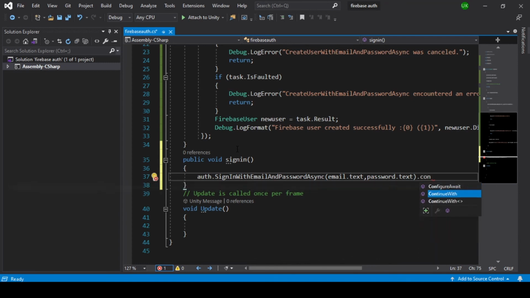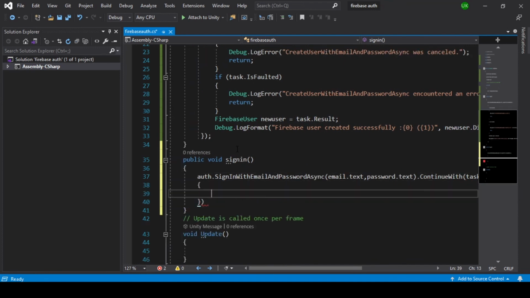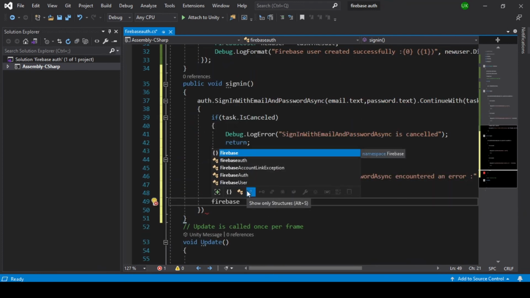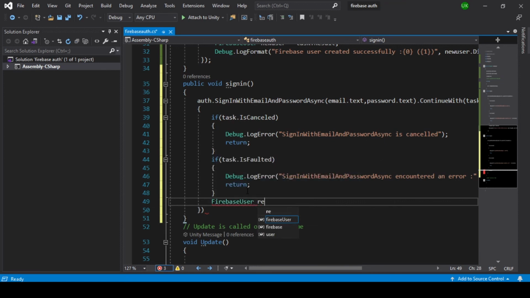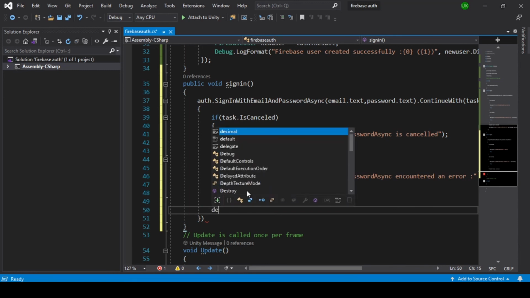Then ContinueWith. Do the same thing which we did for creating a user with the Firebase console. FirebaseUser returnUser equals task.Result. Debug whether the user is signed in successfully.